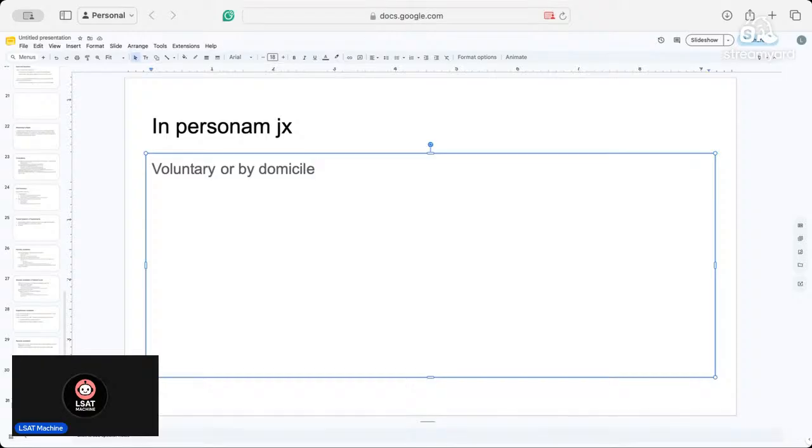Unless, yeah, I'll say that. So if you're voluntarily present before the court, or your domicile, meaning where your residence is, and that is the place you reside with intent to remain indefinitely. And that can get messy sometimes, because people will say, well, I was planning to move to Texas, and then you start arguing about what state they're actually supposed to be in court in.